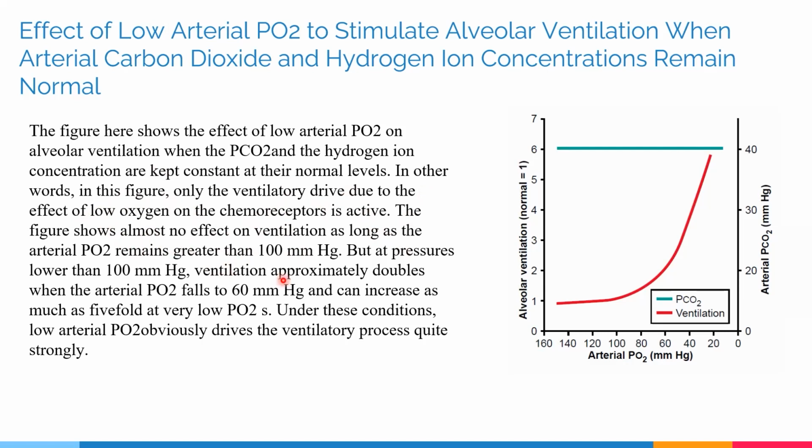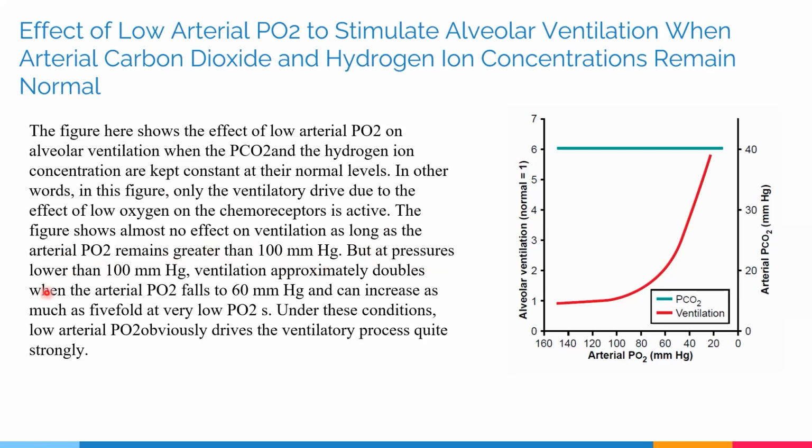The reason behind this is something we have already discussed, because the hemoglobin oxygen buffer system acts so efficiently at PO2 above 100 millimeters and much more above than that. The body is not very much concerned with changes above 100 millimeters of mercury, and thus the rate of ventilation is not affected as long as the actual PO2 remains greater than 100 millimeters of mercury.